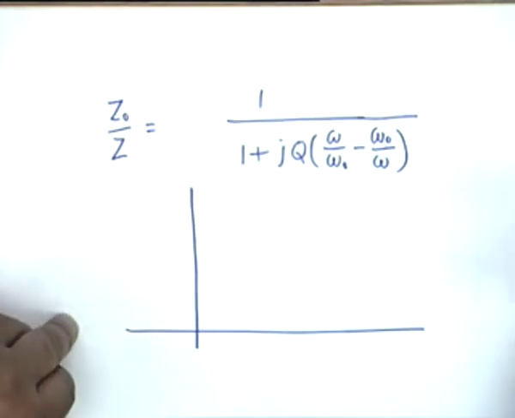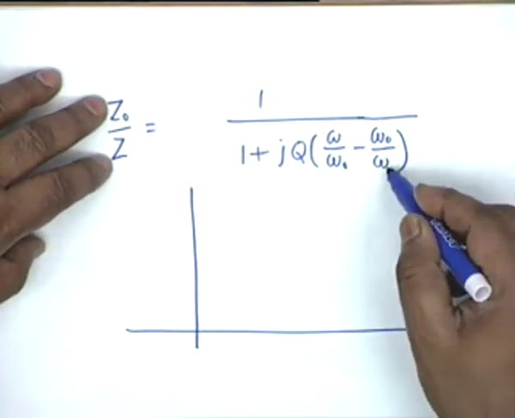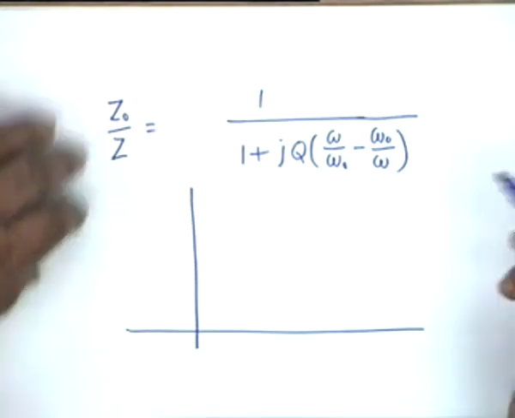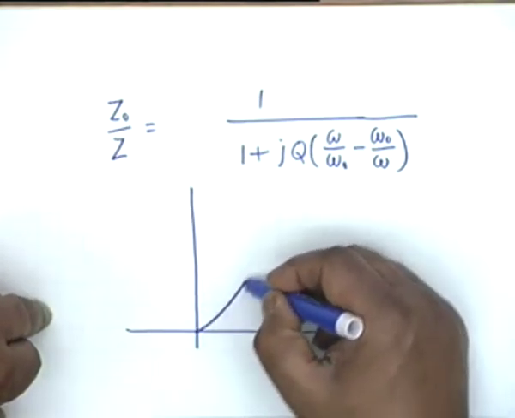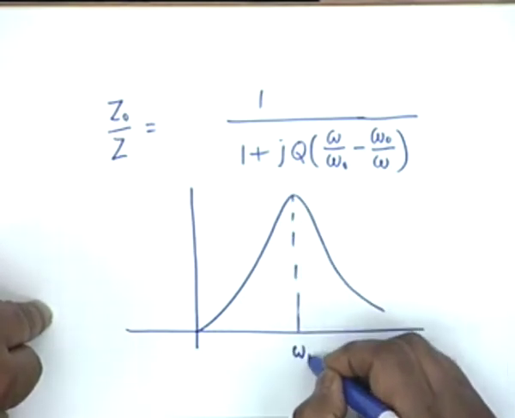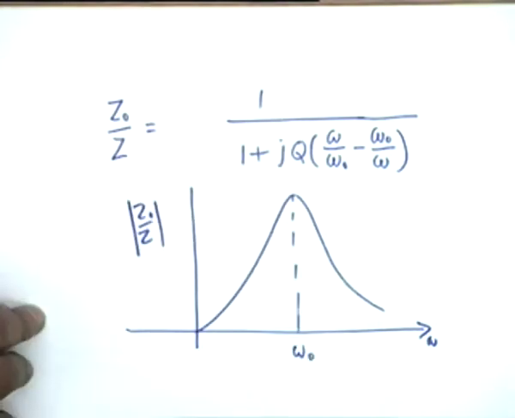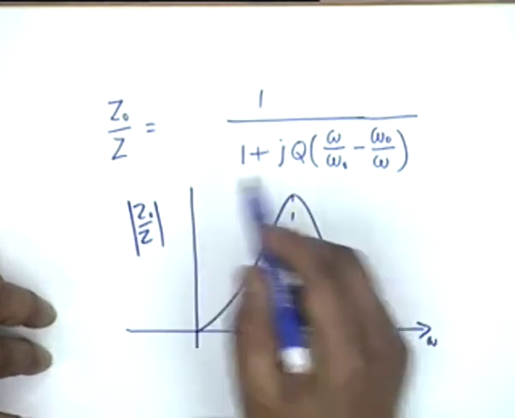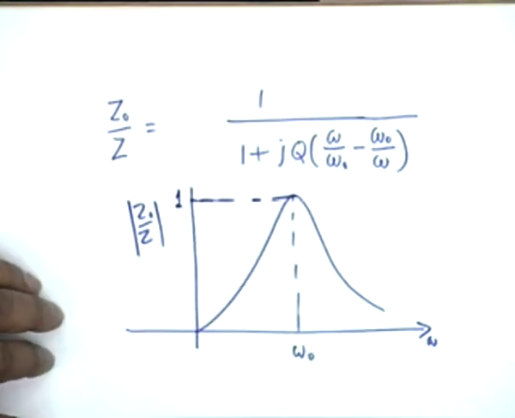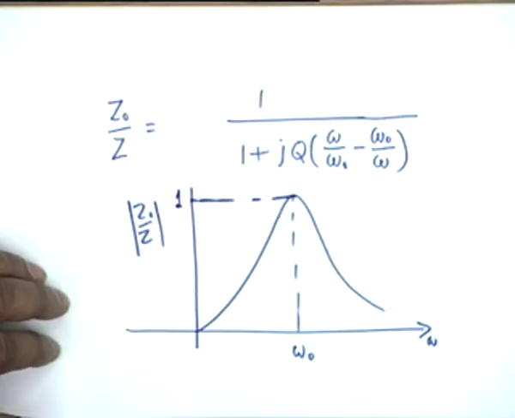When omega equals 0, obviously the ratio would be 0, because this makes it infinity, 1 by infinity is 0. When omega is infinite, it is also 0, and in between at omega equal to omega 0, it shows a maximum like this. This frequency is omega 0, this is omega, and what we are plotting is the dimensionless ratio of the two impedances. This now becomes unity, and it now makes sense. You see that this is the curve of a band pass filter, isn't it right?